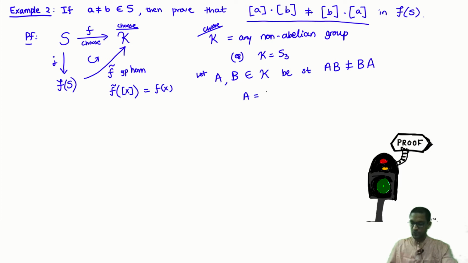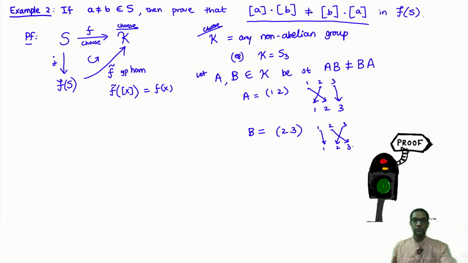So I take A to be the 2-cycle, which written in cycle notation is (1 2). And if you recall our notation in terms of permutations, it's a bijection of the set {1, 2, 3}. 1 goes to 2, 2 goes to 1, and 3 goes to 3. So this is the permutation A. The permutation B is a similar thing. It's (2 3). So again, in terms of our diagram, 2 and 3 are exchanged and 1 goes to 1. Okay, so that's the definition of A and B.